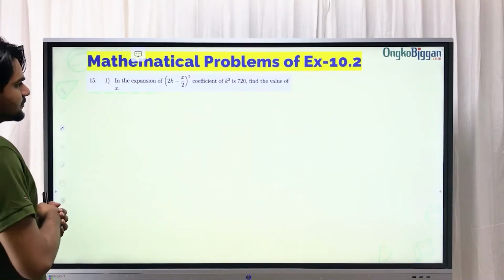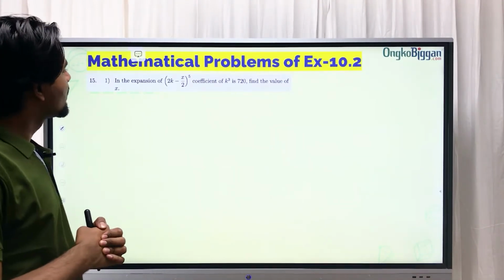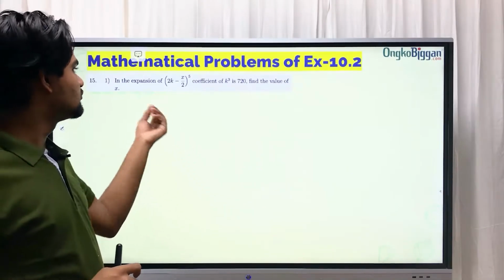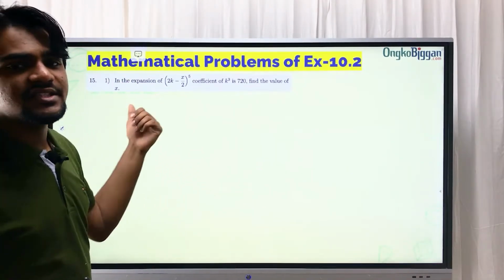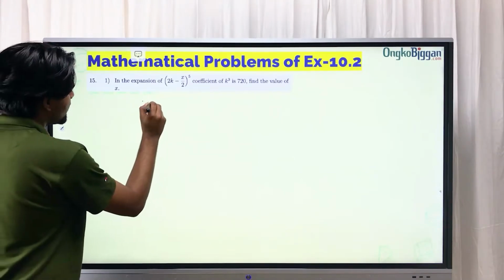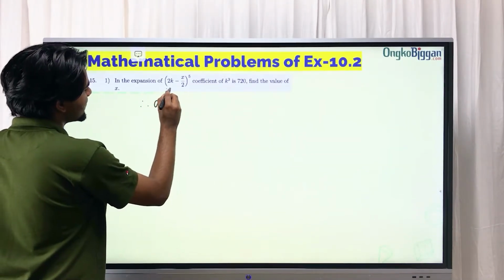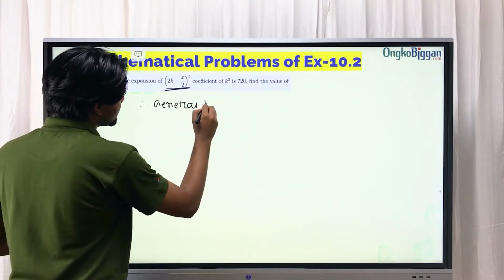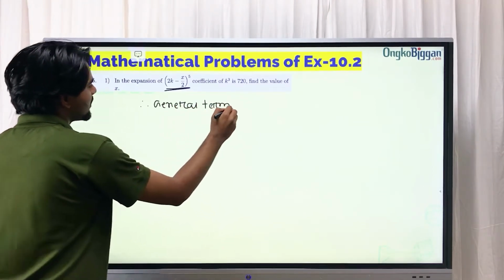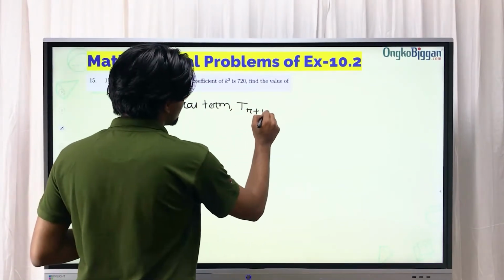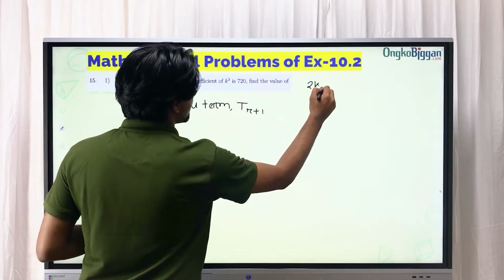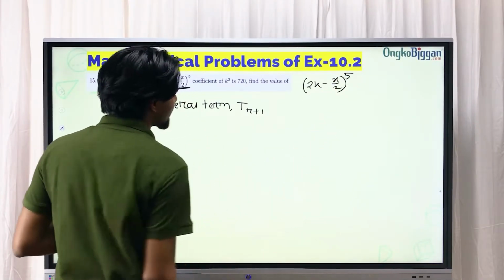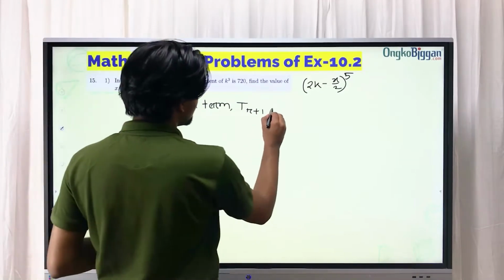So what we can do is expand the whole thing and then find the value of x, or we can directly use the general term. So the general term, I'm going to write the expression. T r plus 1. The given expression is (2k minus x by 2) to the power of 5. So T r plus 1 will be